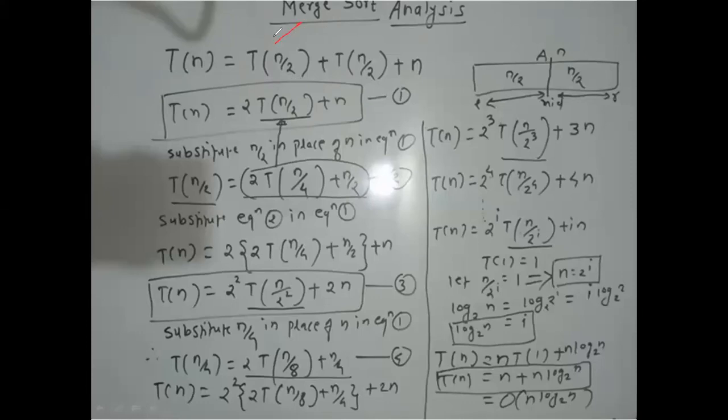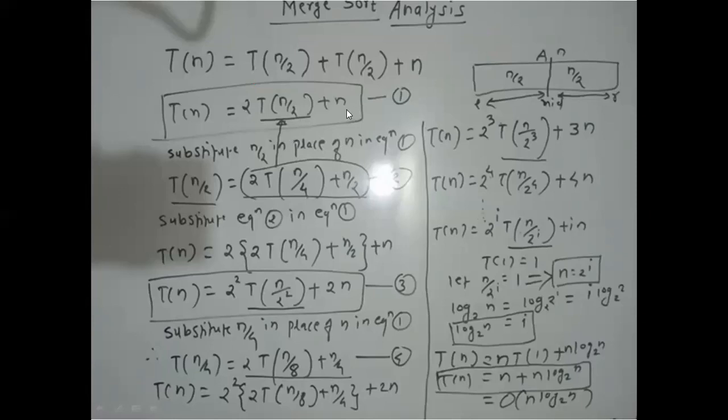Here this is not the formula. We split the array into two parts, n by 2 and n by 2. The time taken to sort the left array is T of n by 2, and the time taken to sort the right array is T of n by 2, and then the time taken to merge these two arrays. This is one sorted array, the left part, and this is another sorted array, the right part. The time taken to merge these two and store in another array is represented as n. So we get 2T of n by 2